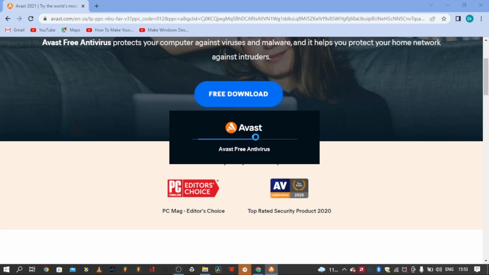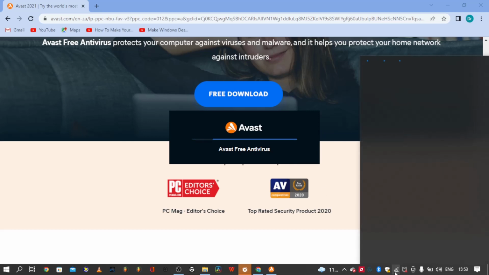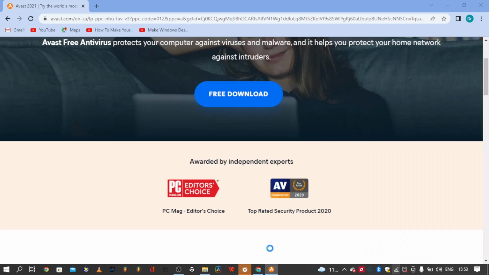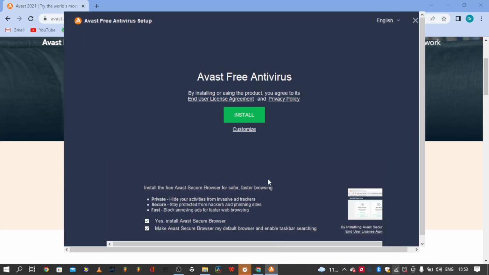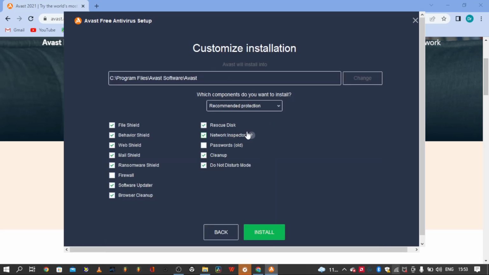So now that it's loading, you will need to be connected to the internet. So that's what it's doing. You will need to be connected to the internet. Exactly. Avast free antivirus, and then if you want to customize in terms of where you want to install it and what you don't want to,